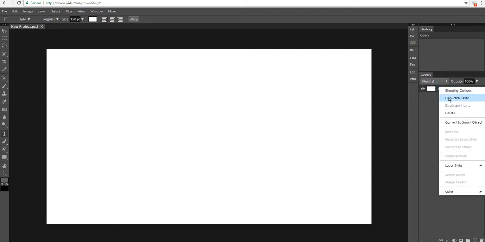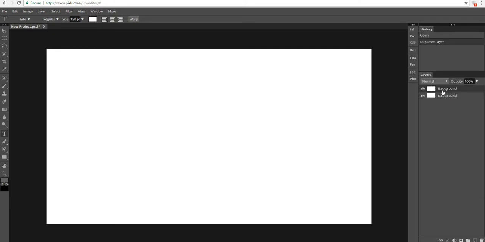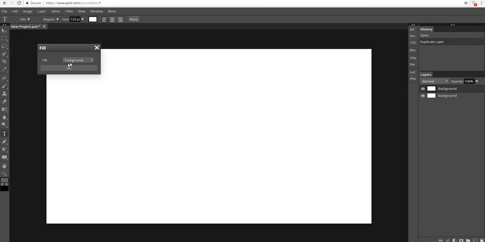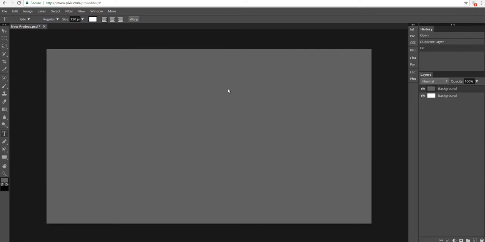I'm going to duplicate my background layer just because that's how I normally do things. And then I'm going to start out by filling it, which is Shift F5, or just under Edit, Fill. I've already got my foreground color selected, so I'm just going to go with a nice gray. So it's kind of what I wanted to accomplish here. And I got a picture of the